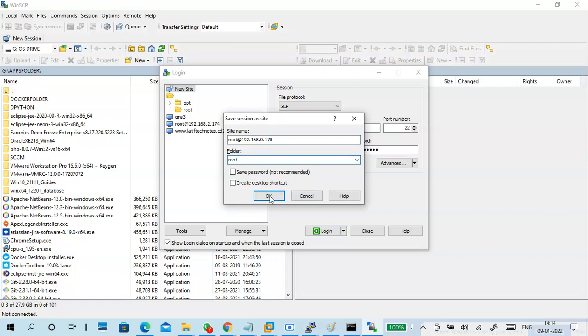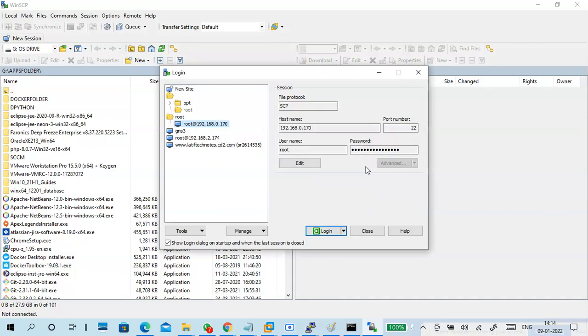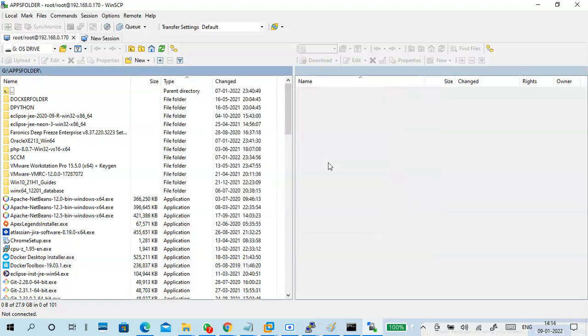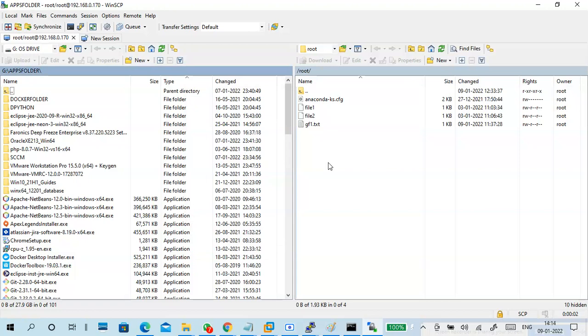Saving passwords is not recommended, but I save the password too, so it connects directly. I give an IP address, username, password, that's it. Login. Connected like SSH. Now the connection is established.